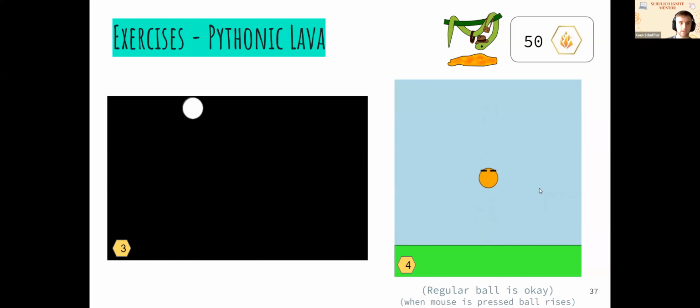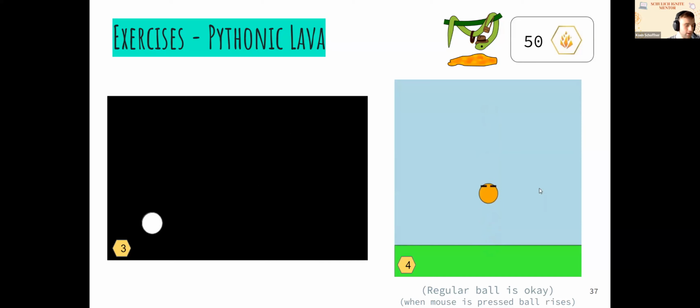But again, with every exercise, it's always good to build in steps. Use print statements, use comments to keep track of what you're doing, and test by increments. Don't write a 100-line program and then test it. You're probably going to have tons of errors, and it's going to be a pain to debug. Write a couple of lines, test it. Write a couple more lines, test it.